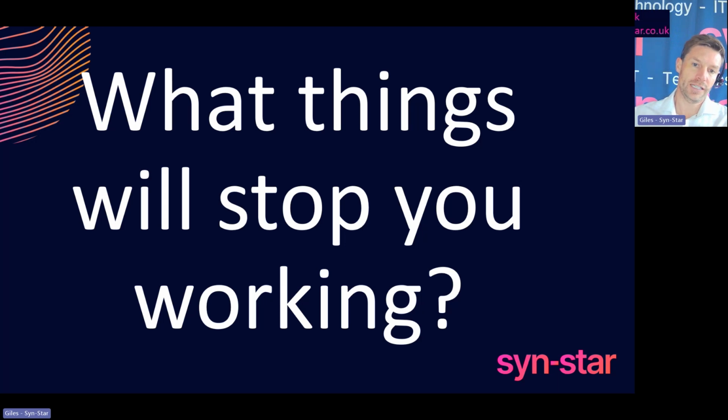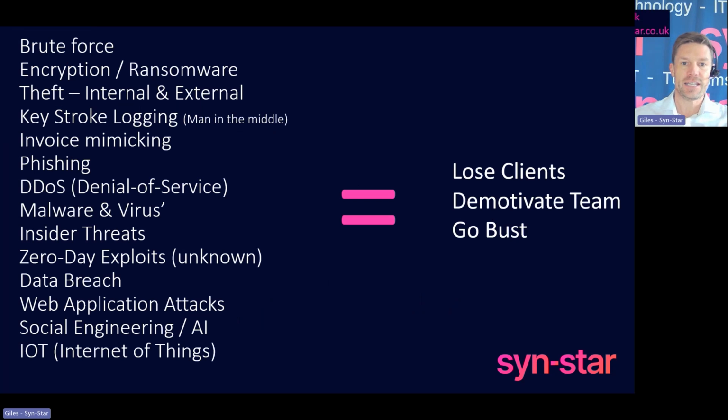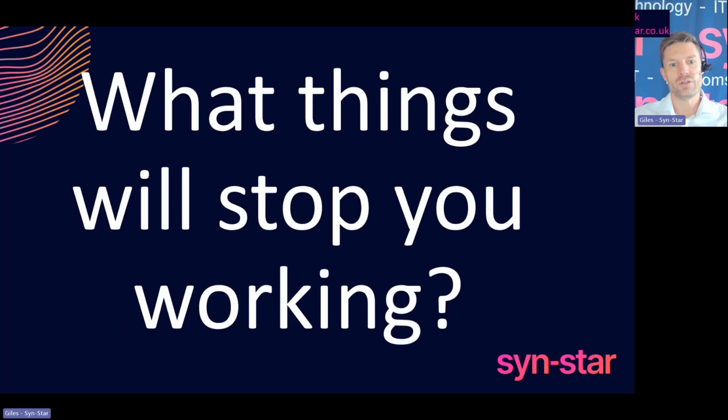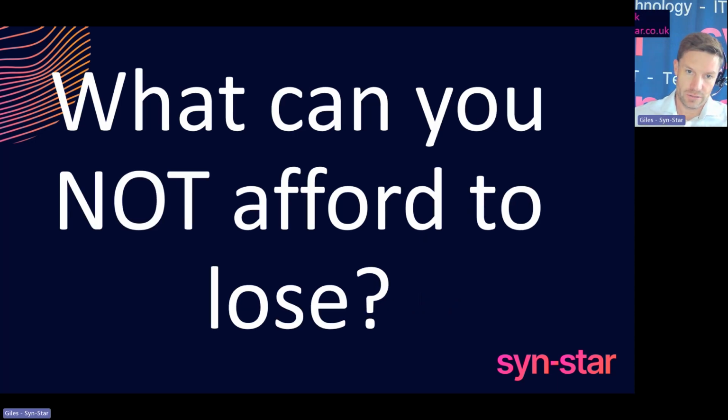So first of all, you really need to understand, so what are the vulnerabilities? What are you trying to protect? And then what are the things that if any of the previous slide, if any of these things happen, then what impact and what things will stop working for you and the business? And then once you know those two, you then need to really list, right, what things can we not afford to lose?